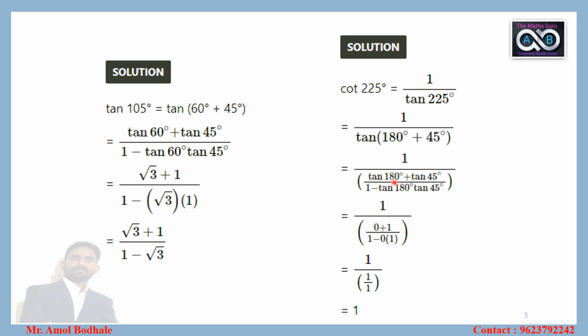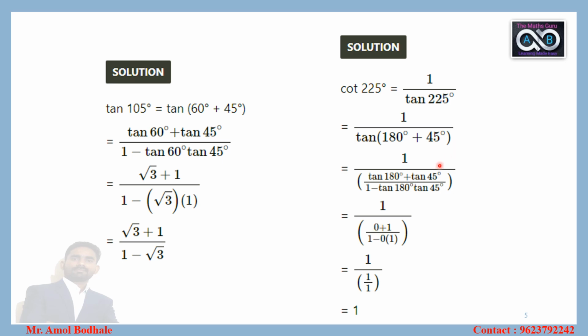If you do not remember the value of tan 180, let's consider a unit circle with x-axis and y-axis. For 180 degree, the point lies on the negative x-axis, and what are the coordinates? Minus 1 comma 0. Yes, and if minus 1 comma 0 is there, then cos is minus 1 and sine is 0. So the ratio of sine upon cos, that is tan, is 0 upon minus 1, which gives 0. So that's why tan of 180 is 0.